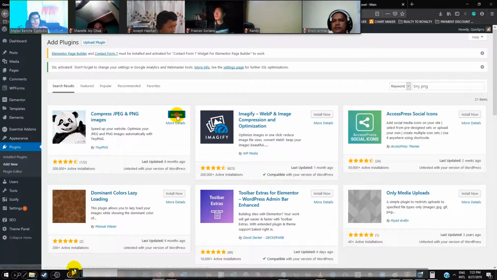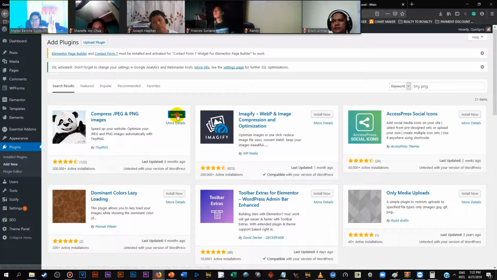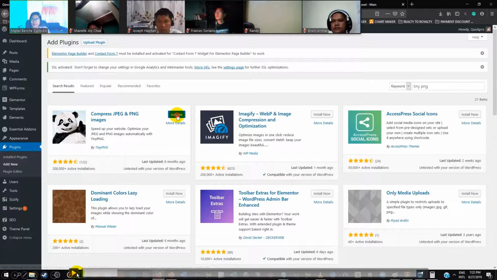Because if your website has lots of high-quality images and the size is very big, it's gonna have a slow loading time. You notice that when you go to a website that's so high quality, the loading time is slow. That's why we're installing these plugins so that even if the image is very high quality, it's still gonna load fast because you're optimizing it, you're compressing it.